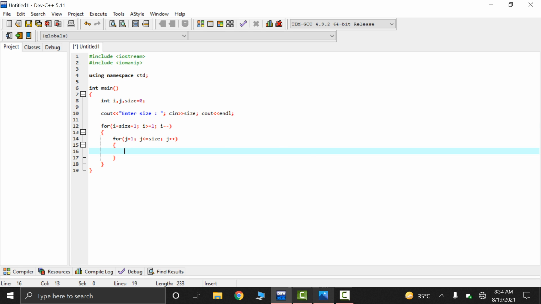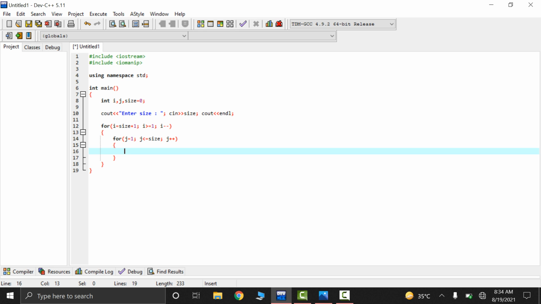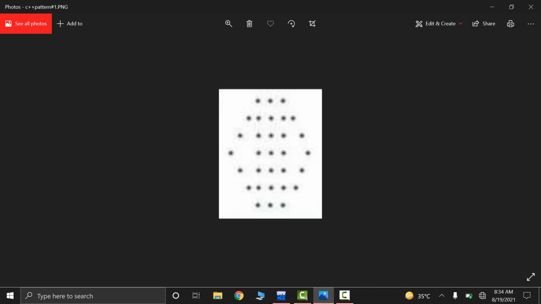Basically, when the ith iteration of the outer loop, which is decrementing, is equal to the jth iteration of the inner loop, then print the static, else print the spaces, because we want this line. These are hollow spaces, and I am doing this to give the indentation. So when the outer ith iteration and the jth iteration are equal, then print these tags, so that it's in this fashion.